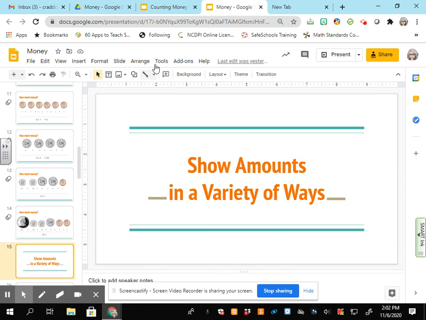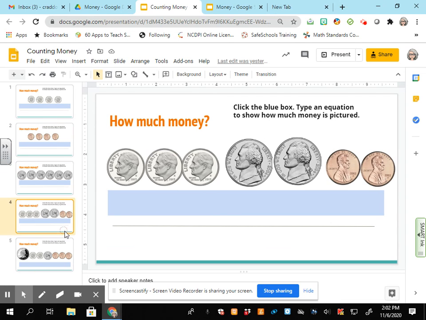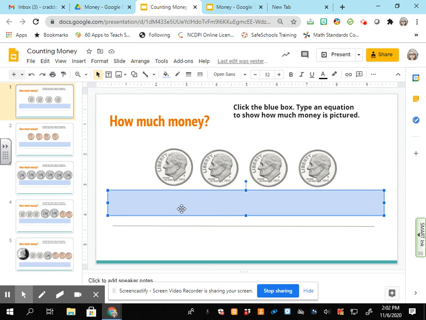All right, so now your turn. You're going to go over and you're going to have a Google Slides activity to do. It looks much like what we just did. Take notice that there are 5 slides. You're going to click in this blue box, and when you click in the blue box, you'll be able to type. Okay, so what I want you to do is type an equation to show me how you would count